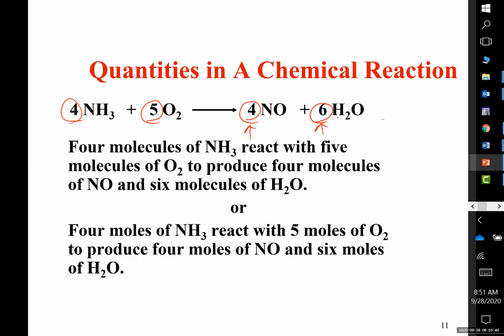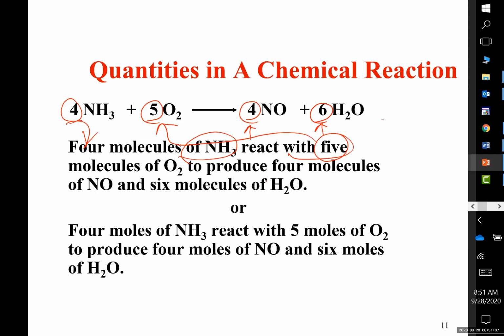And we will be using these in our calculation pretty soon. We will use this in mass calculation. So these numbers mean, for example, here, 4 molecules of NH3 react with 5, right here, 5 molecules of oxygen